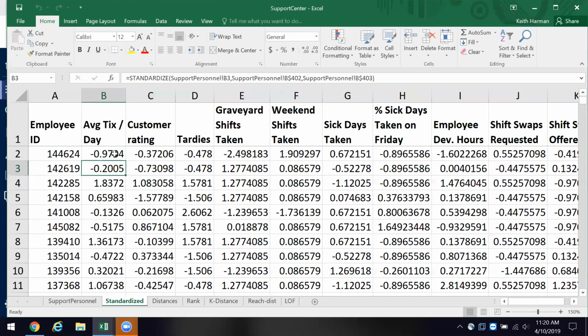So as I've said before, part of working with these types of data is to clean them up and to work with them. So we're walking through that process. As I mentioned before, we're assuming, as the author does, that the scores here on each of these areas, like average tickets, customer rating, et cetera, fit the Gaussian or the normal, or what we would call the bell curve.